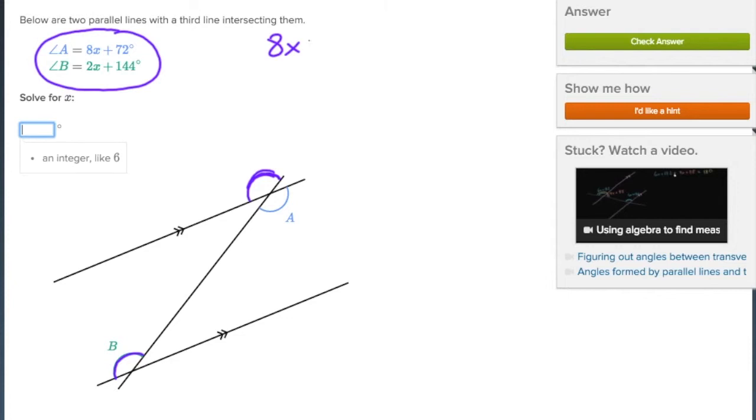8x plus 72 is equal to 2x plus 144. Fantastic. So we actually have two expressions that are equal to one another, and that is going to help us to solve for x. Okay, so let's think about what our goal is, what our end goal is, to have